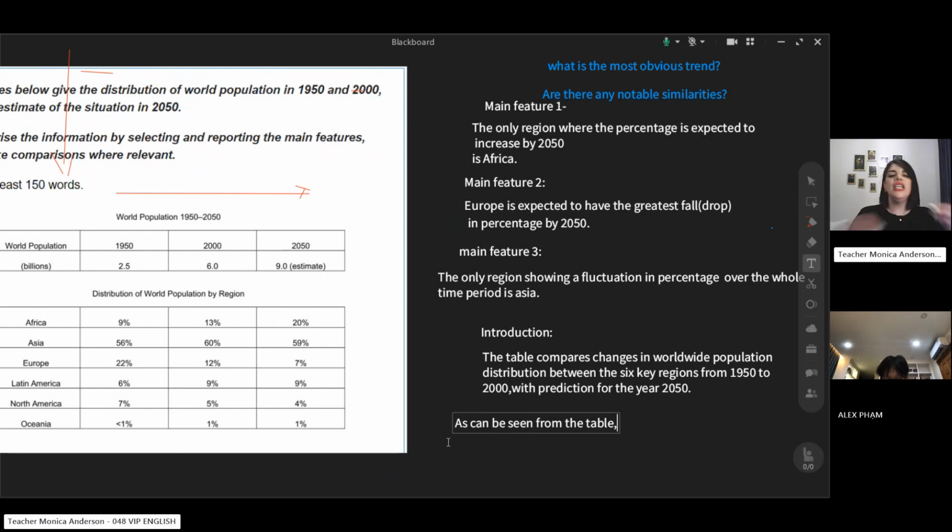And the only, so you can say, just let me write something. So maybe you may especially come across in reading, "solely" is an adverb, "sole" is an adjective, meaning only. The only continent, because actually we are talking about the continent, not just a country. So the only continent showing a fluctuation in percentage contribution over the whole period of time, or over the, I